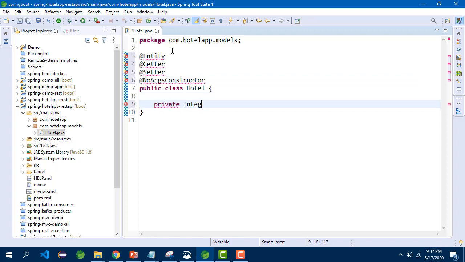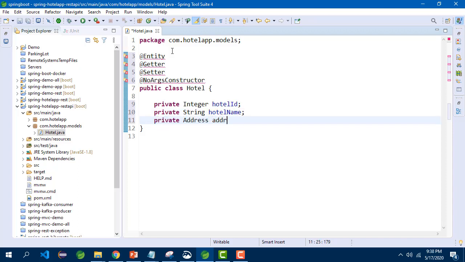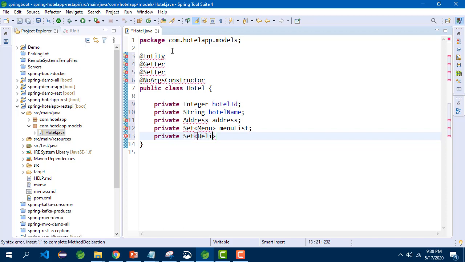First is the ID, private Integer hotelID, then private String hotelName, private Address address, private Set of Menu list, then private Set of Delivery. Okay, fine. Let us import the annotations.